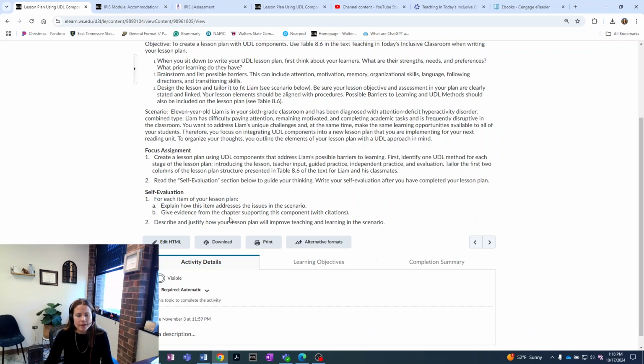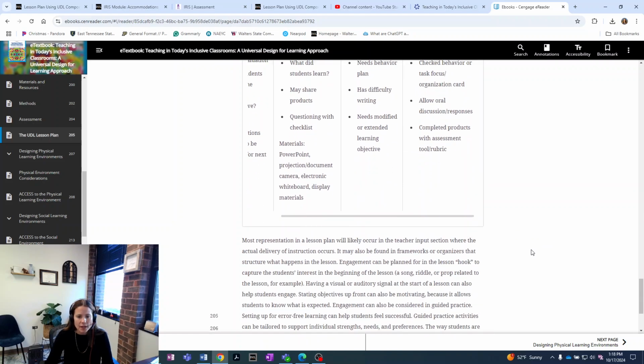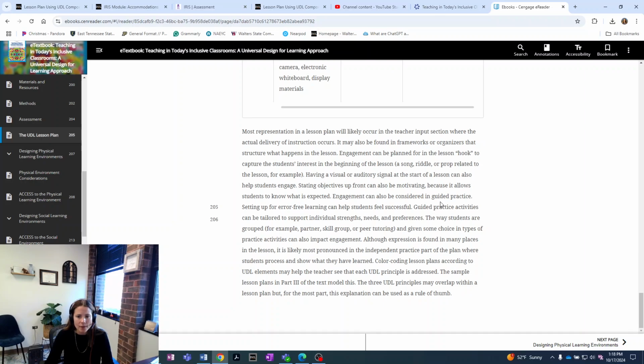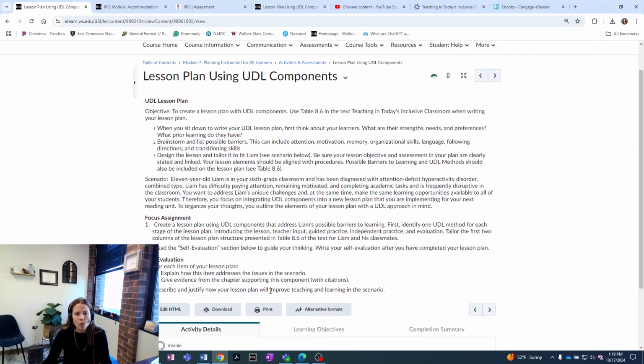Then you need to make sure you give evidence from the chapter supporting this component. Now, you could look at the chapter. The section where you start on page 205 is a great way where it explains about guided practice. What should you consider? And it really makes you look at that. So looking in your textbook to think about justifying how this is really going to improve your teaching and support Liam, right? So just describing and justifying how you're going to support Liam and how this lesson plan using UDL guidelines and methods are going to help you. Okay, and that's the main goal of